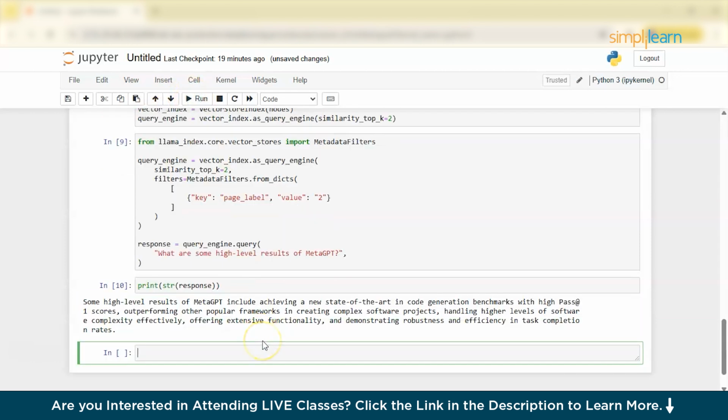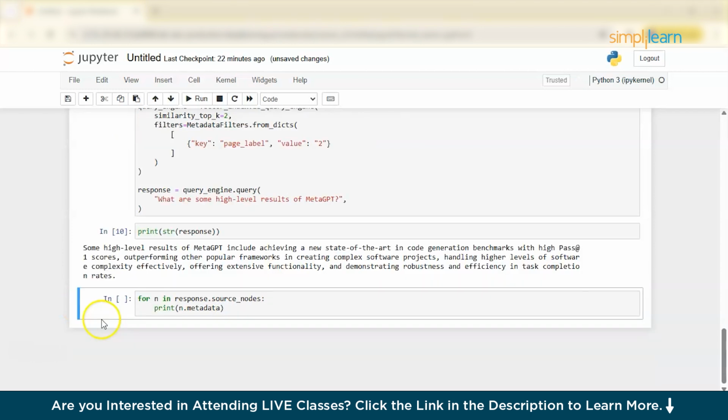So the code converts the response object into a string using str, as we have discussed previously. So see, it has printed the response. Now here, response.source_nodes refers to the list of source nodes that were used to generate the response. Each node represents a chunk of data or a document that contributed to the response generated by